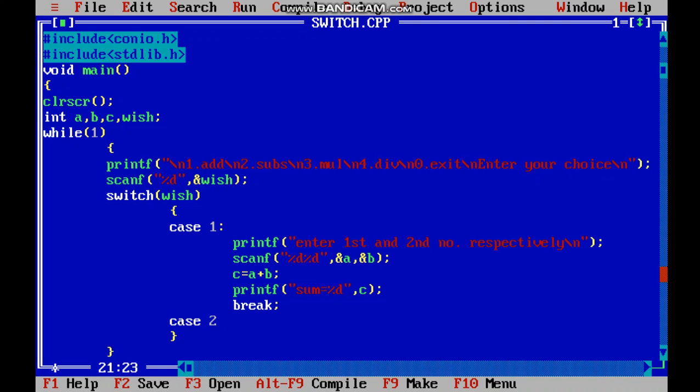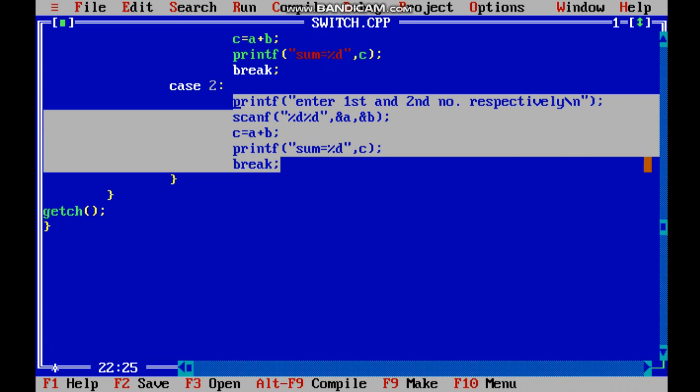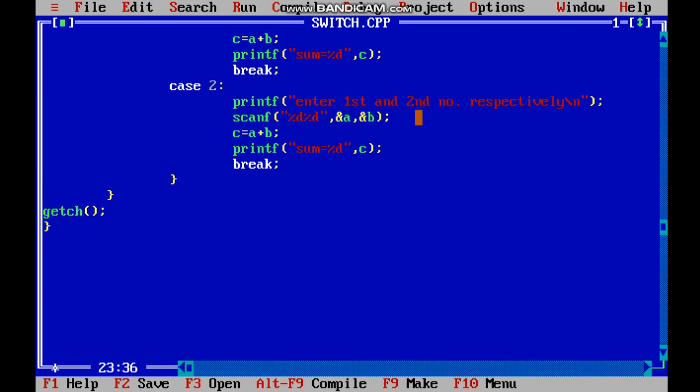Case 2, and guys I'm going to copy paste, because these two lines are required as they are, with A minus B. See guys, here we are subtracting B from A, right? If we enter the value of A to be 10 and B to be 5, then our answer will be 5. And if the A value is 5 and the second number B is 10, then C will hold minus 5.